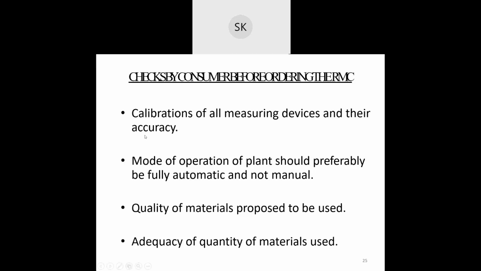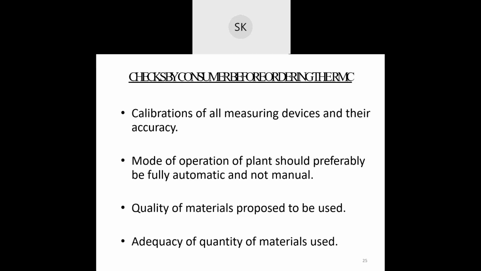Understood or not? Suppose in a manual plant you have allowed cement to pass to the mixing bucket, and you have to allow 50 kg of cement, and you have allowed the 50 kg, but you forgot to stop the container, and again the cement is coming to the mixing bucket, so now it has come to 55 kg.